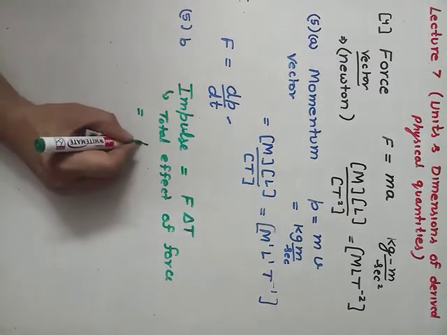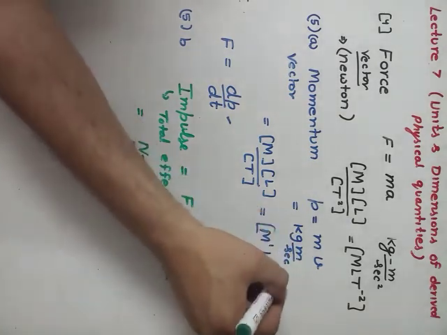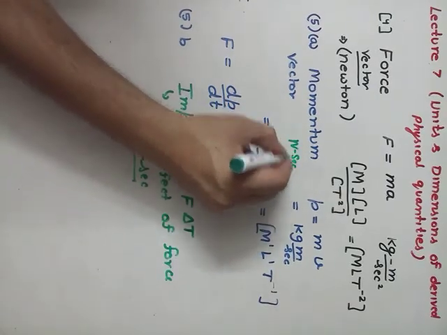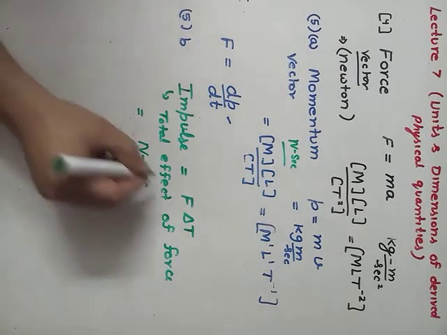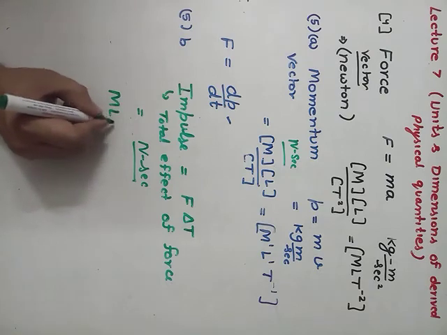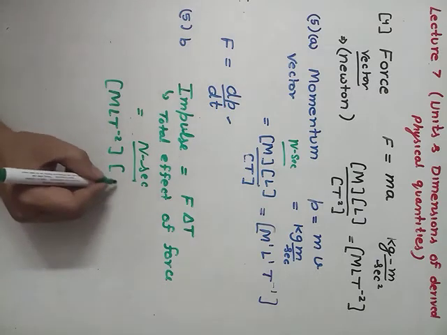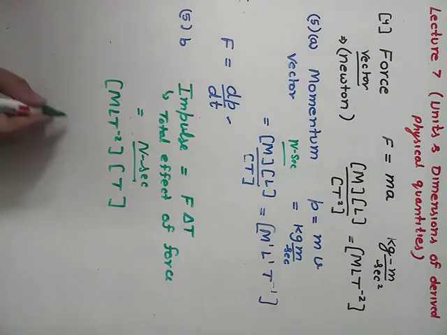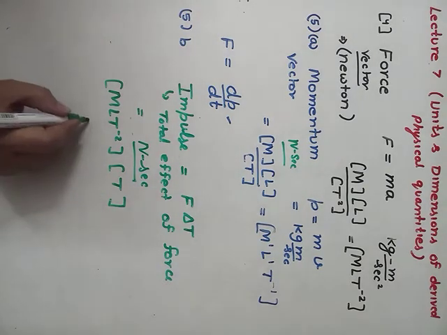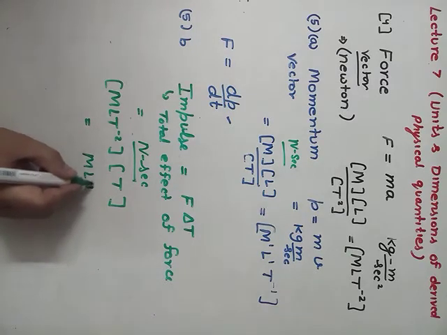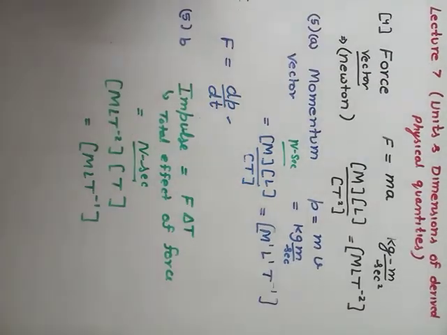The unit: force is in Newton and time is in second. That means kg meter per second as well as Newton second may be the unit of this momentum. For dimensions, force has dimensions MLT^-2, which we have done, and delta t is the change in time, its dimension is T. This is minus 2, this is 1. These powers are simply added algebraically. Therefore, finally we get MLT^-1. This is the dimension of impulse.